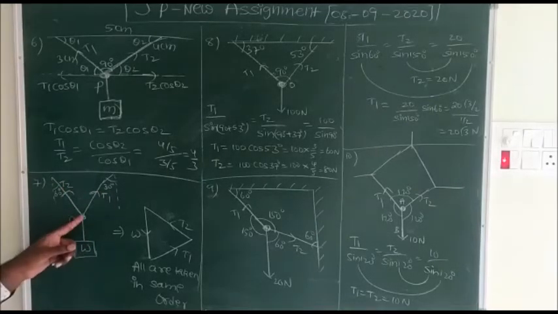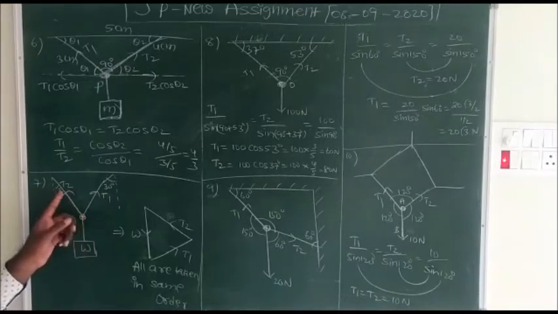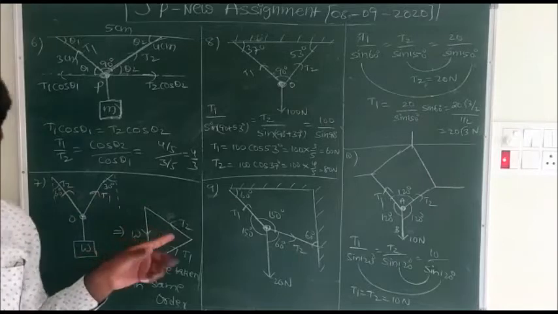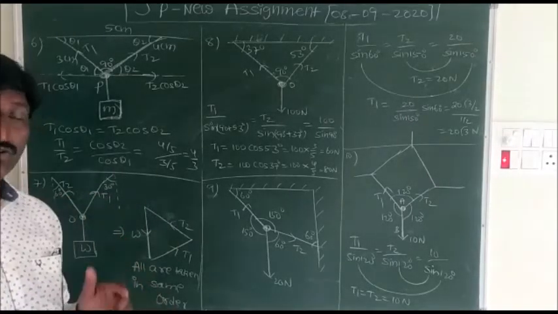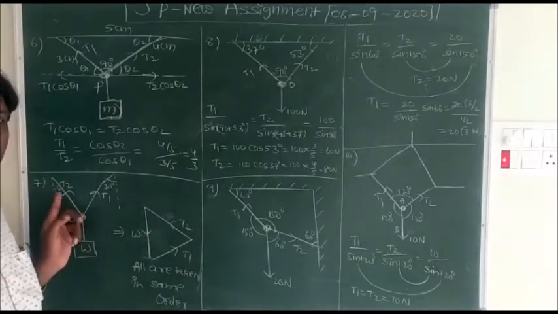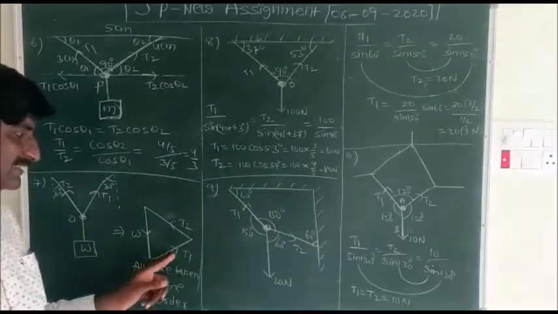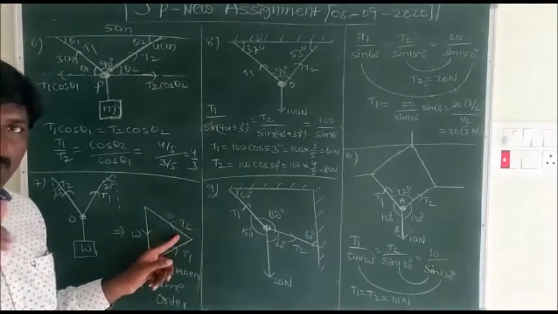And this point is in equilibrium, and according to the equilibrium condition, we represent these three forces in a triangle according to the triangle of vector addition. So, according to the triangle of forces, if this point is in equilibrium under the action of these three forces, then those three forces are taken as three sides of a triangle in the same order.